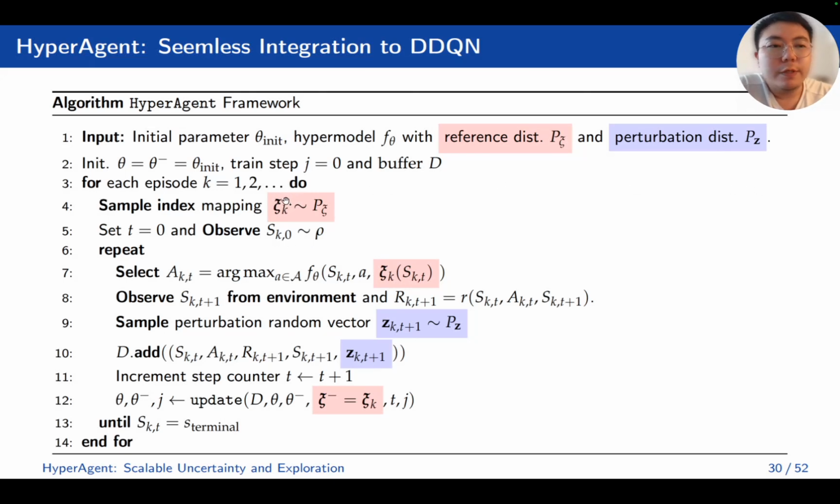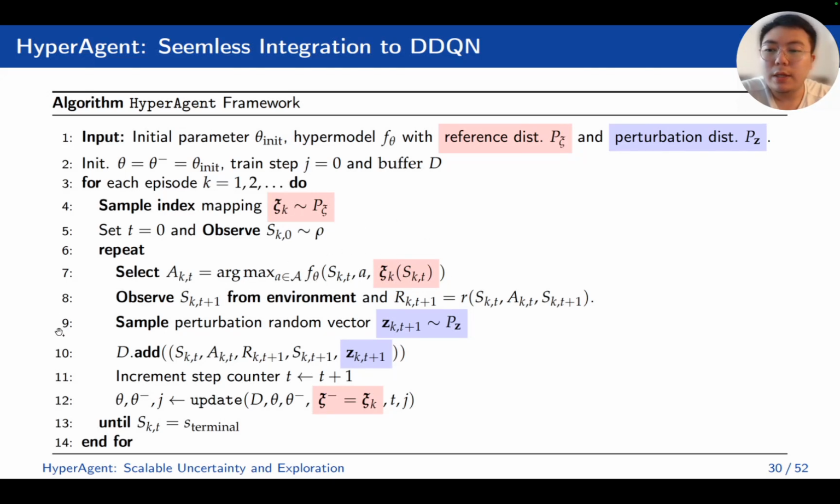The only difference is line 4 and line 9. Okay, line 4, each episode is sampled and indexed from the reference distribution, and also for line 7, it would take the greedy action according to the randomized value function. The randomness comes from the index. And in DQN, it takes the epsilon-greedy. Here, our HyperAgent does not use any epsilon-greedy, but instead we use greedy action according to the randomized value